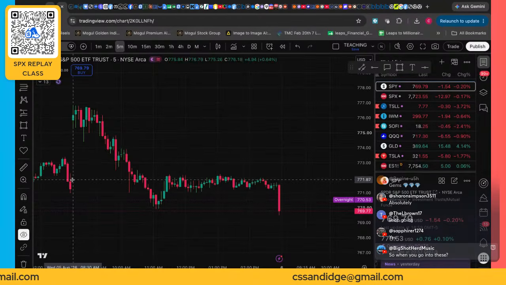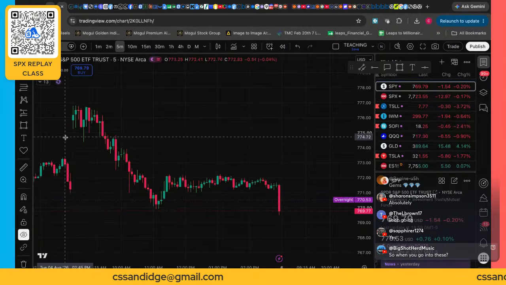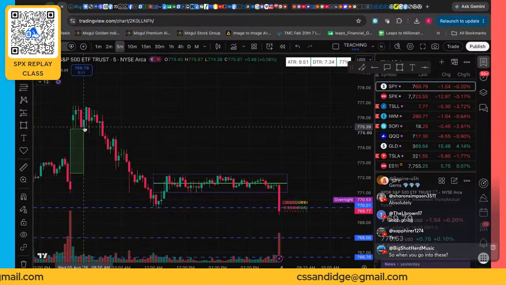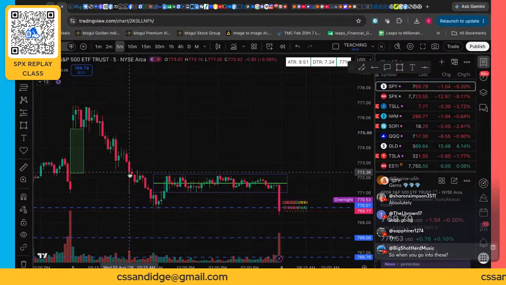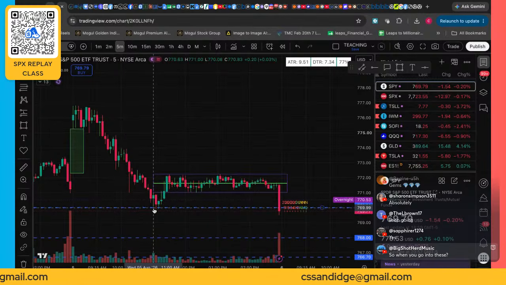I broke it down and told you guys, once we broke below that level of that 200, we were going to sell down. And where did it sell down to? It filled the gap. So if I cut my indicators back on, there was a gap right here. And what did it do? Once we entered the gap fills, what did it do? We got the low of the day. We had a little bit of support, 770.